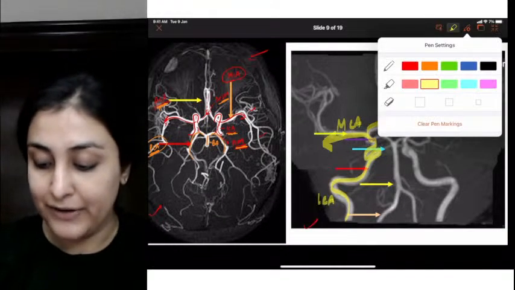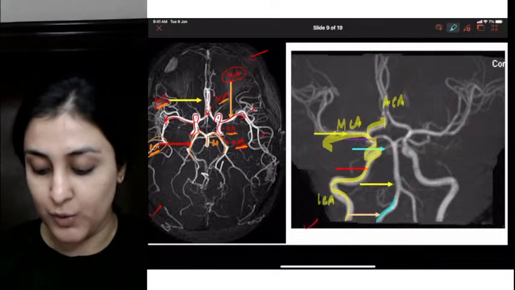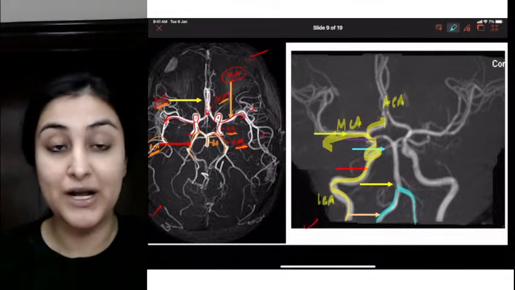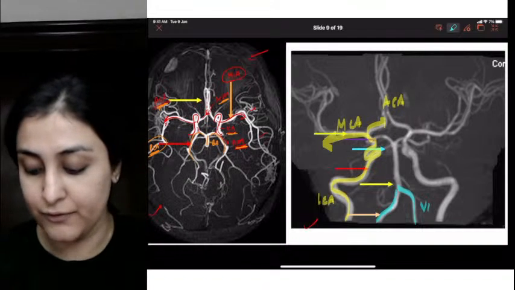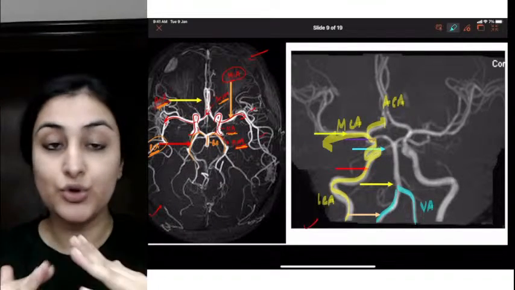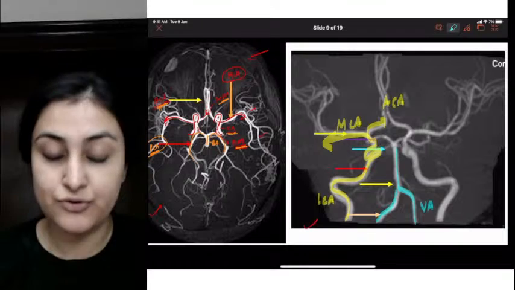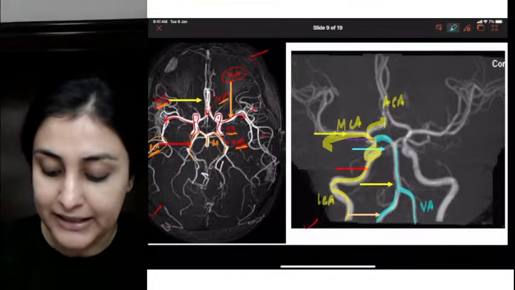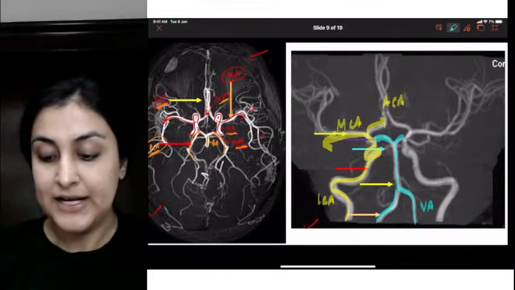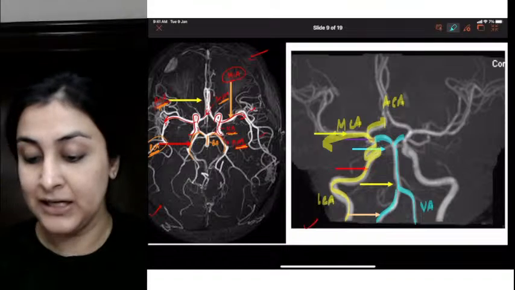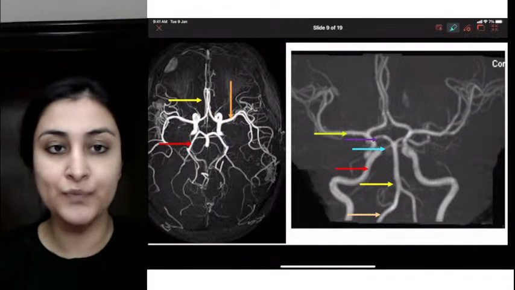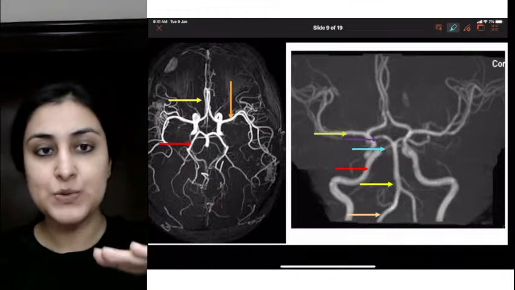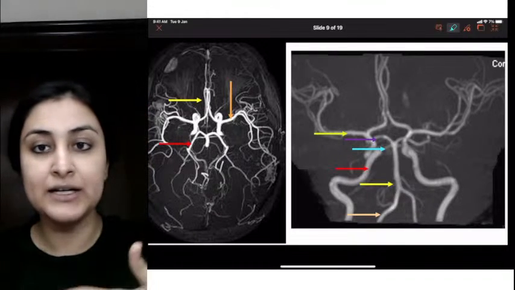On the other hand, if I use the highlighter, what do we have here? What are these two branches which are coming from the posterior circulation? These are vertebral arteries, right? So both vertebral arteries combining to form basilar artery, dividing to form PCA, right? So pretty simple, not very difficult, the same anatomy, right? So difference between axial coronal view, it's the view. Axial is a transverse section, whereas coronal is looking at it up front, right?